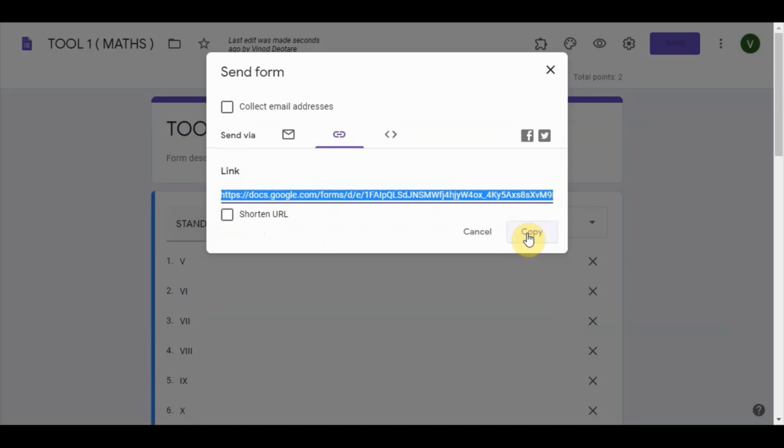You can paste it directly in WhatsApp, or if WhatsApp is not there on your laptop, then you can paste it in your mail and send it to yourself. It will be reflected in your mail on your mobile. Copy that link and paste it onto WhatsApp, then the link will be copied. Like this you have to copy and paste. I hope it is clear to you.